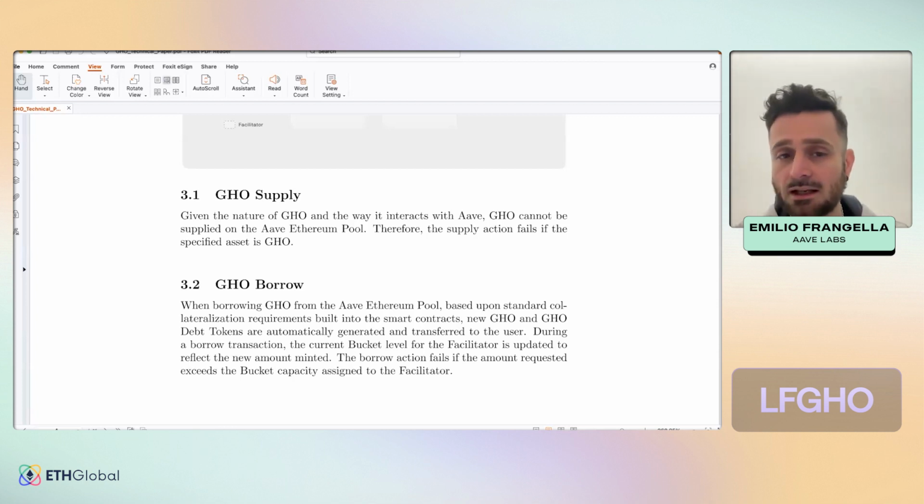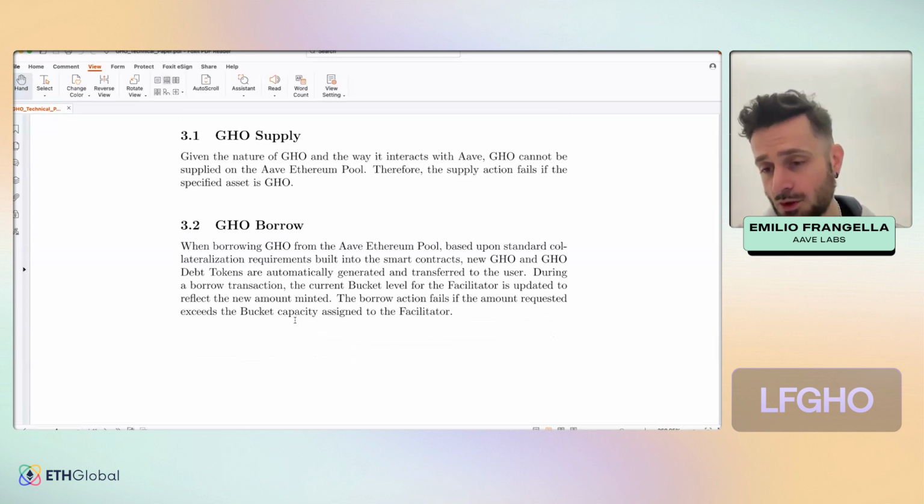And it's also going to be entirely possible to have other facilitators that mint natively on other networks. So this architecture already gives the flexibility where the Aave governance can really decide whether or not Go can natively be generated on a given Aave market, or just listed as a normal asset where it can be supplied by liquidity providers.